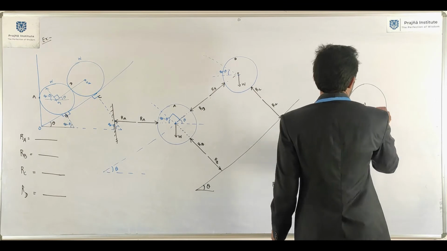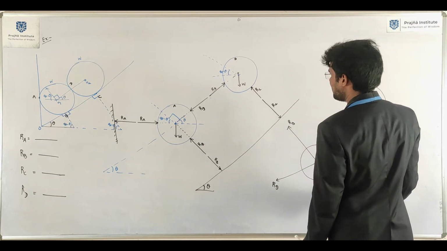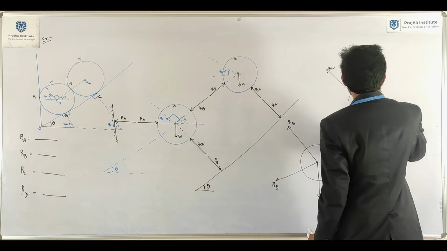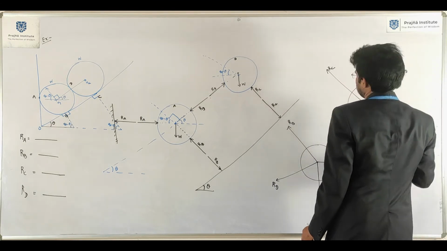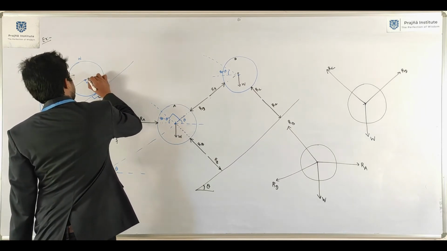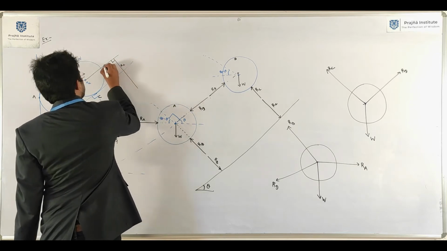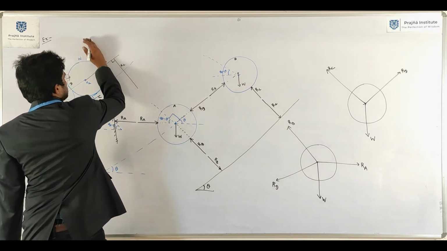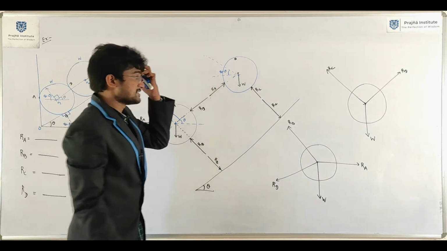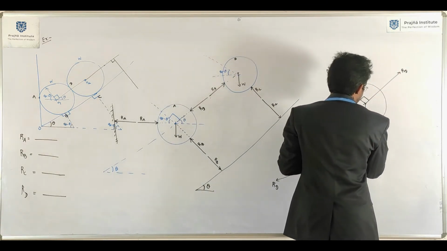So next here, weight is acting vertically downward and RC is acting like this. RD will be acting like this. Here RC and RD, it will be RC, RD. So these two must be perpendicular, correct? It is parallel to the inclined surface. So RD and RC will be perpendicular, pakka.